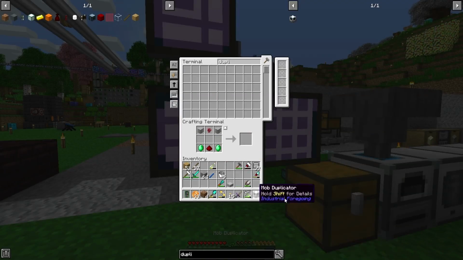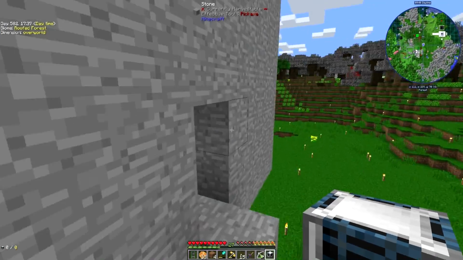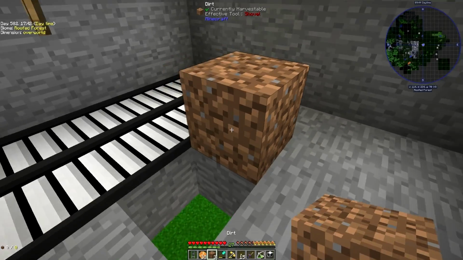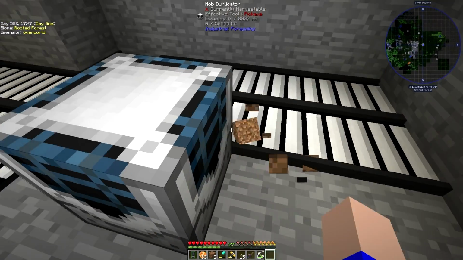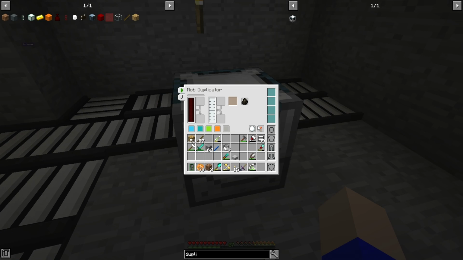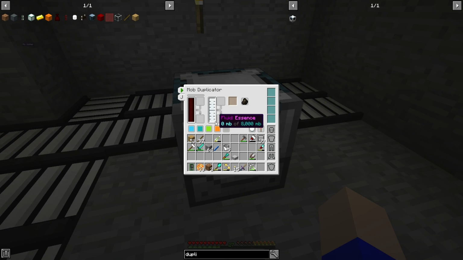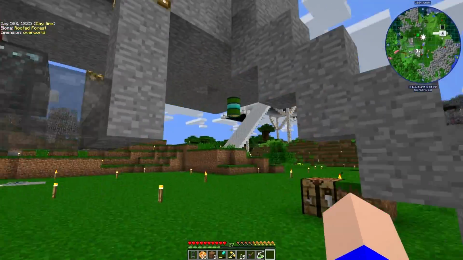Yeah, mob duplicator, perfect. Let's get that bad boy thrown down. Now, I'm sure there's people now screaming at their computers that this just isn't going to work, and I appreciate your efforts there to let me know that this is a huge and unimaginably bad cock-up. Nice. Mob duplicator. So we need to feed into this energy and essence. Both of those are readily available to us. We've got essence there,